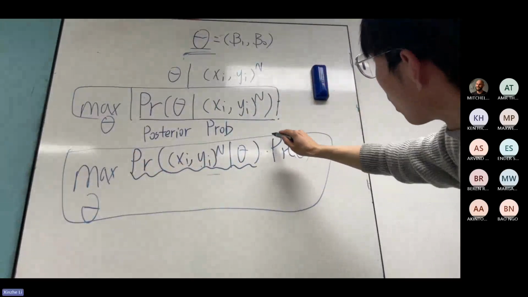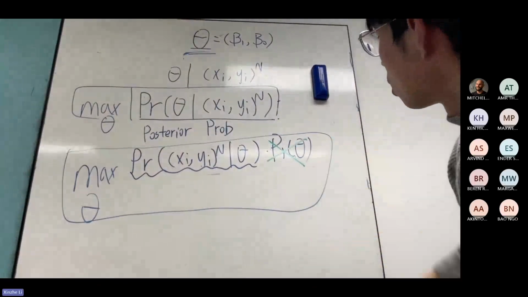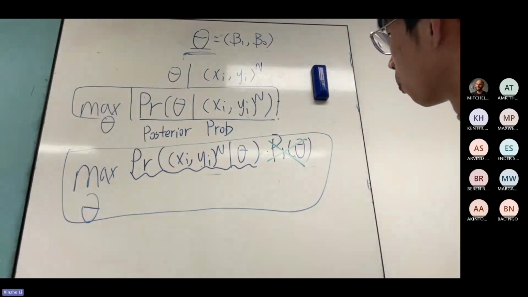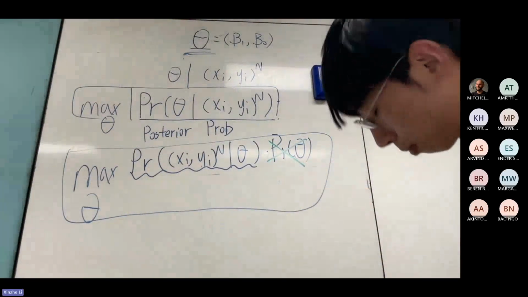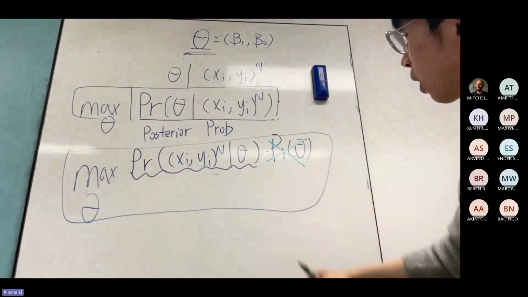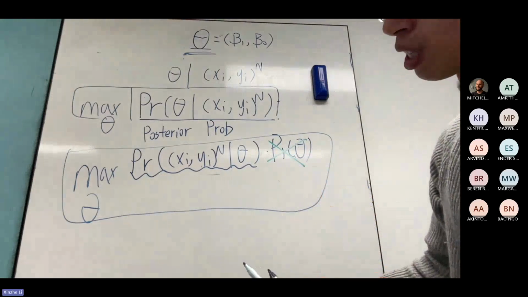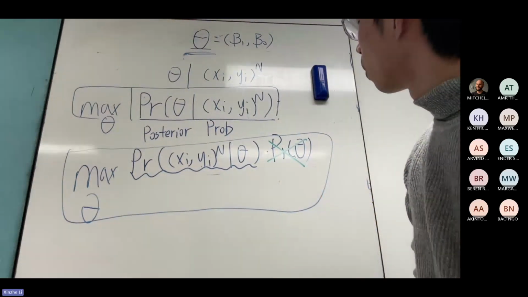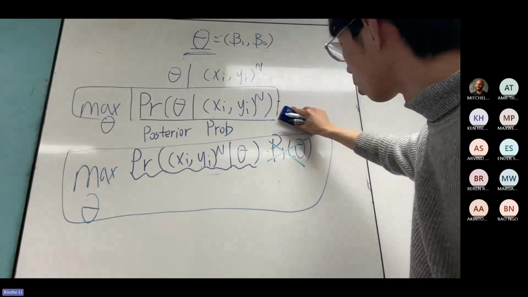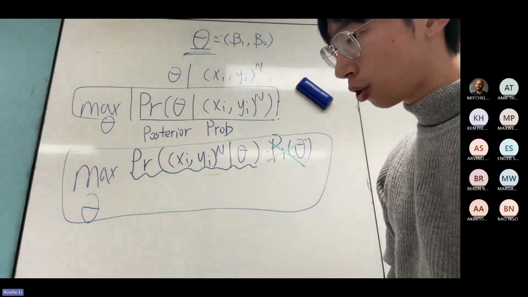We don't care about this. We don't care about this. This is called the prior distribution. But normally you cannot find the distribution of theta. Actually, we can assume the distribution of theta is uniform. But anyway, in normal distribution, we don't care about this. But next week, I will